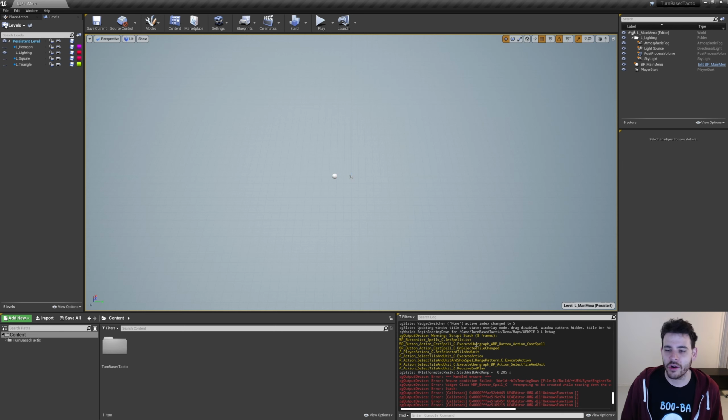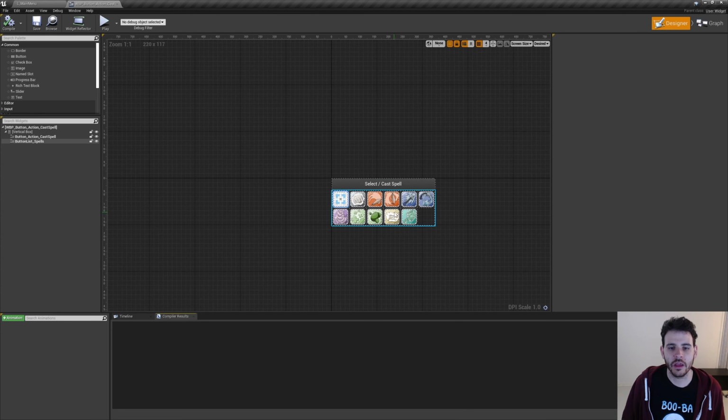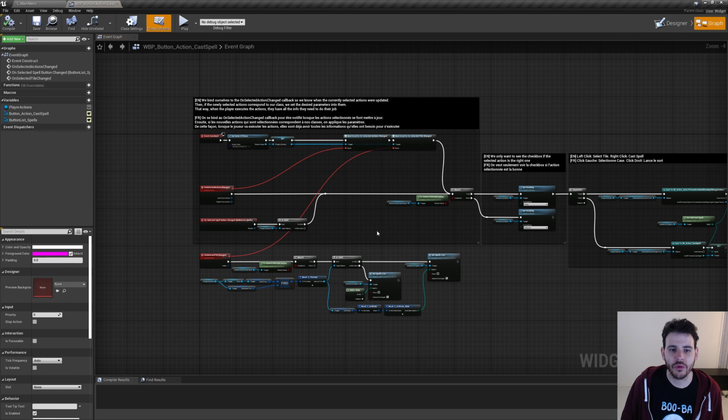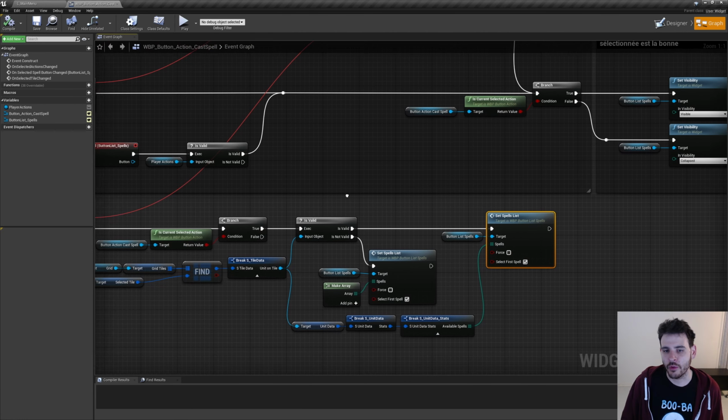I'm gonna go where this is happening, and this is happening inside the button spell, but that's actually not the button spell. This is the widget we are trying to create, but the place we are creating it is inside the button action cast spell right here. This is where we have the list of buttons. So let's go inside that widget, button action cast spell. Let's open that one. This is the list of buttons we are regenerating, and we don't want to do that anymore. So let's go in the graph, and this is happening right here in set spell list, which is called